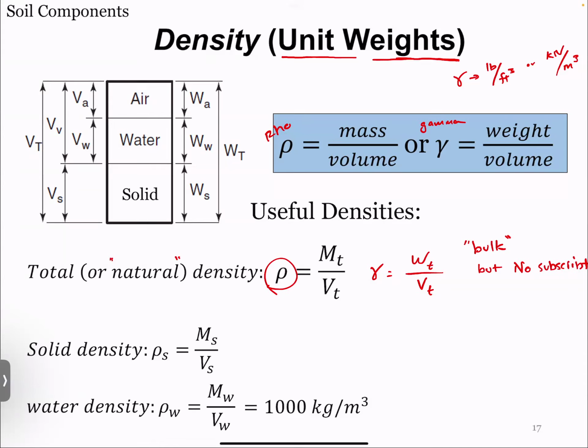And then the other ones are hopefully a little more intuitive. We can have the solid density, which is only the parent rock. So what is the actual grain itself? This is only the mass of the solid portion divided by the volume of that solid portion. Obviously, we know the density of water as well, so the subscript there. If you haven't memorized the density of water in both forms, it will be very helpful for the FE. So another one is a gram